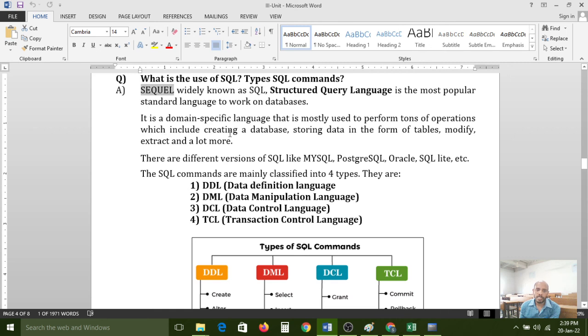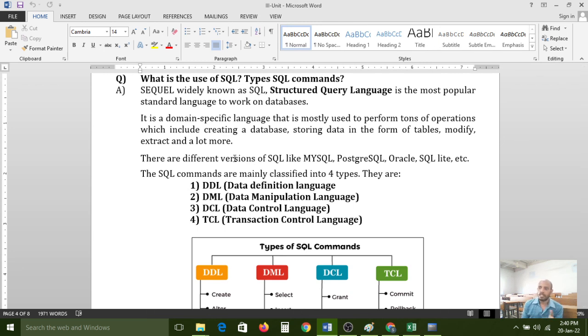It is a domain-specific language that is mostly used to perform a huge number of operations on the database, which include creating a database, storing data in the form of tables, modifying, extracting, and a lot more. If you want to create a database, first we need to create the tables. After that, we need to insert the data.